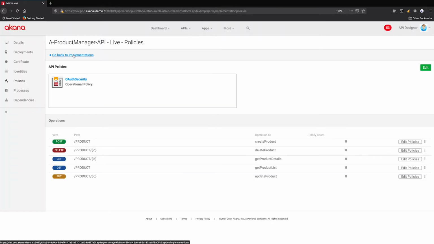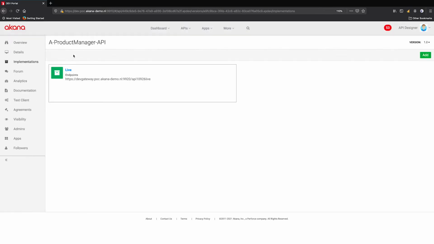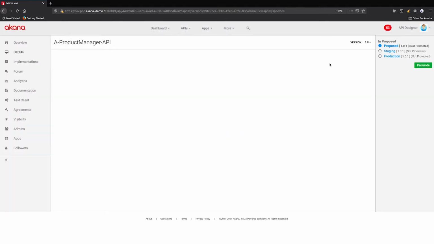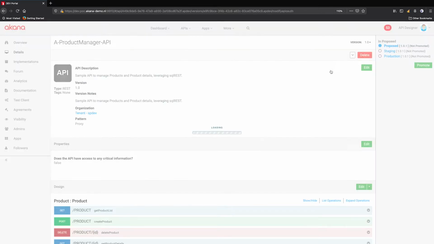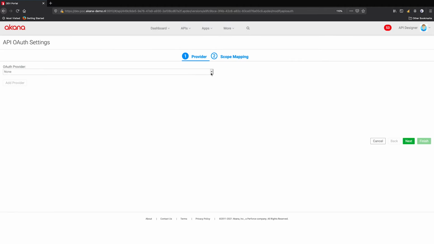Now, in case of OAuth, there is a second step we need to take because we need to tell the API, or at least the API gateway, what authorization server should be used at runtime. So in this case, we also need to provide the authorization server details. And Akana provides a lovely capability for that, which is called the OAuth provider, which encapsulates all of the authorization server details, like what is the authorization server endpoint to use, what are the grant types that are supported, what are the scopes that are supported, etc. So simply add that provider.